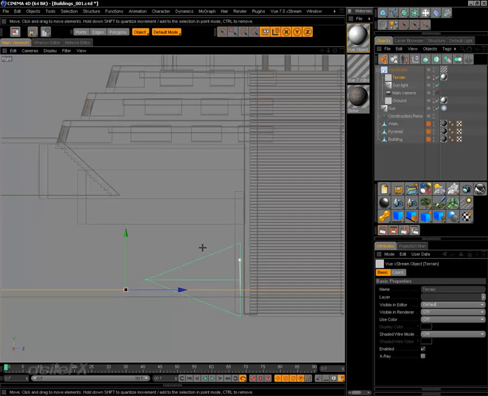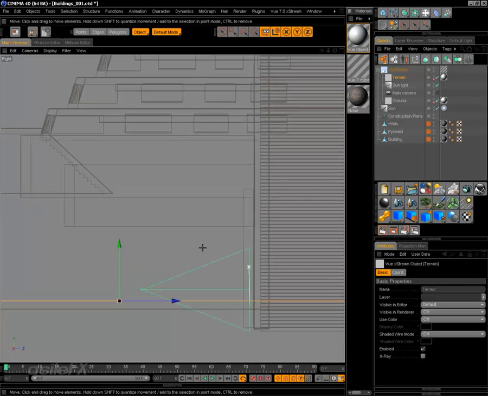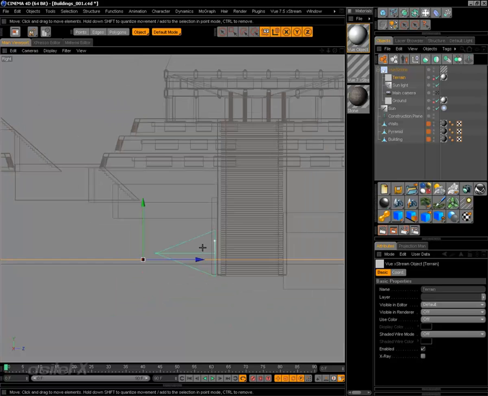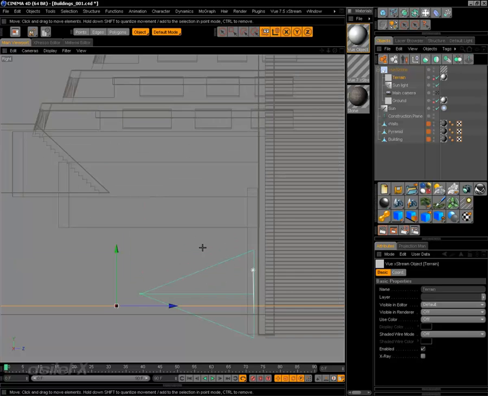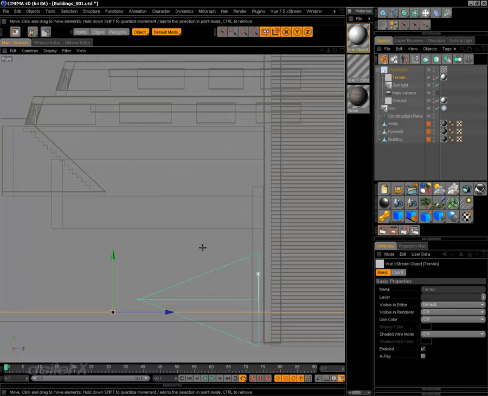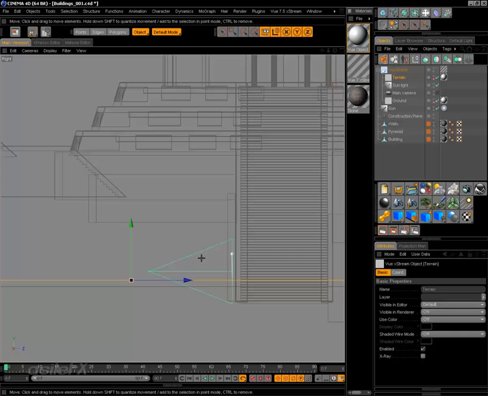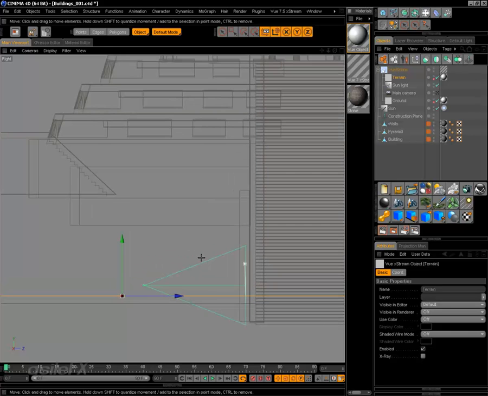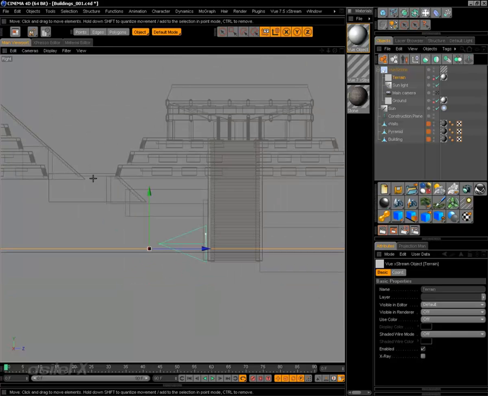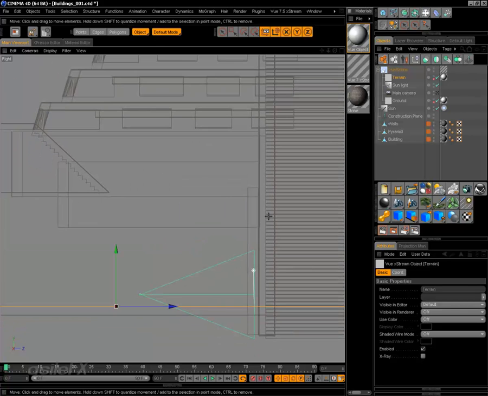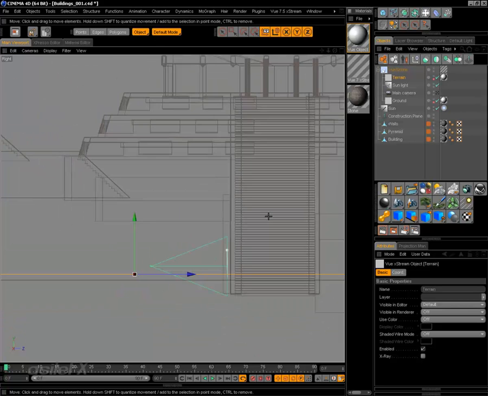But we want that image to be as close as possible. So I'm just going to zoom in a little bit more, just so we can see exactly where all of our elevation levels are. And we can pretty much see everything in this small section, because we know the building and the pyramid elevation are exactly the same. So I can go in here